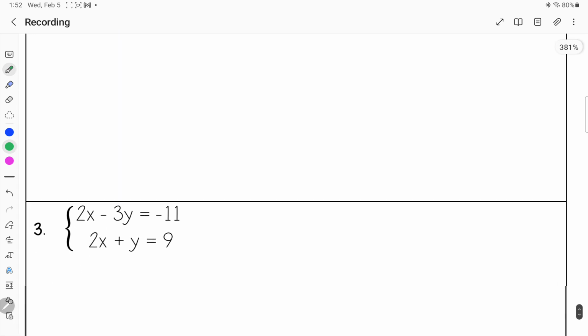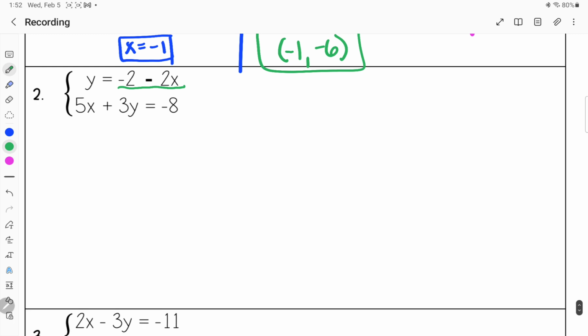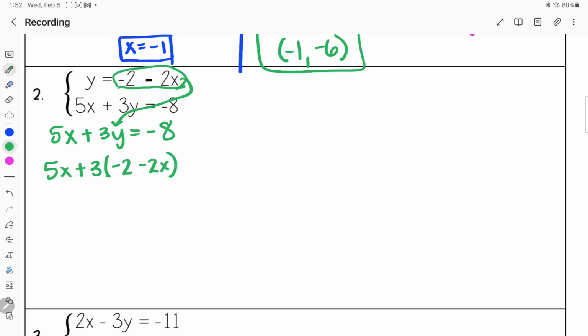So I'm going to start this one, and then I'm going to give you a minute to try and solve it, and then we'll check it. So I have 5x plus 3y equals -8. This tells me that y equals this right here. So I'm going to replace my y with that, leaving me with 5x plus 3 times my y value, which happens to be -2 minus 2x,